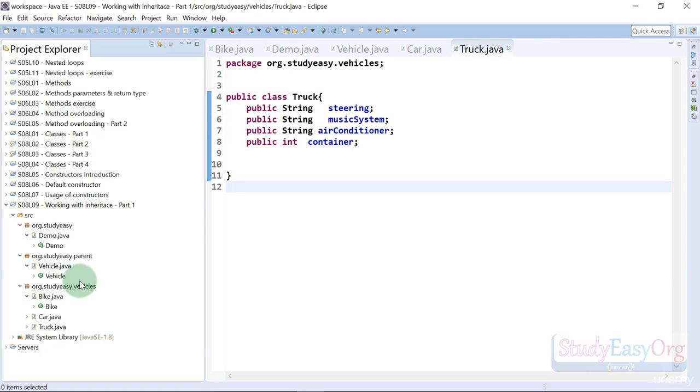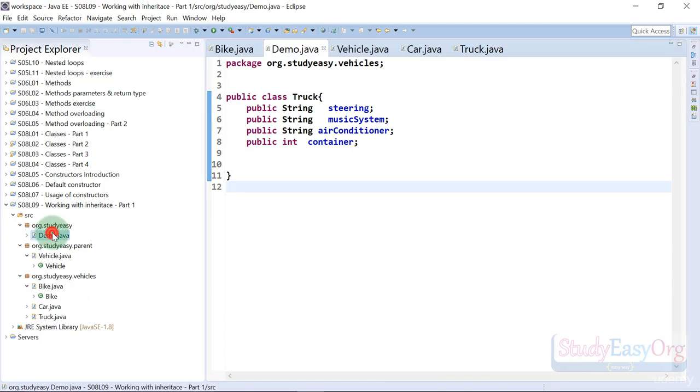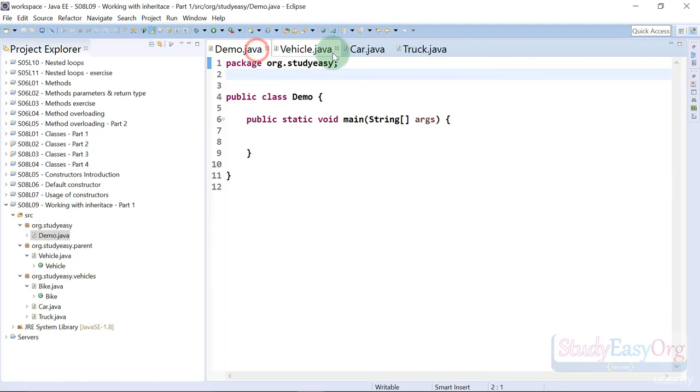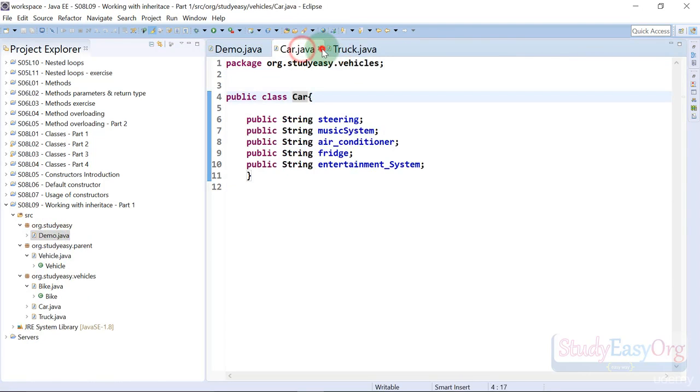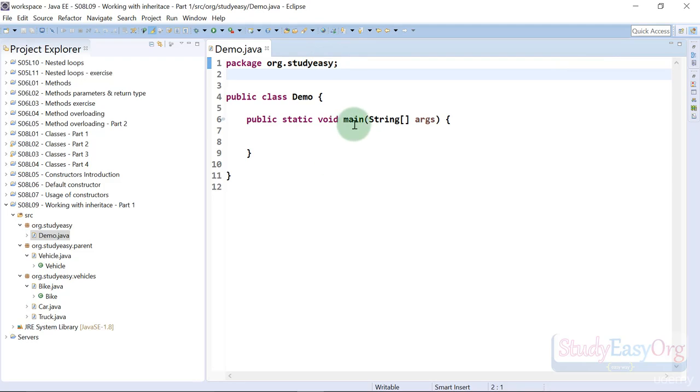So let's get started. To start with, first of all, we have this demo.java file, and this demo.java file is extremely simple, where we simply have the main method and the package is org.steadyeasy. So no rocket science in here. Moving forward, we also have